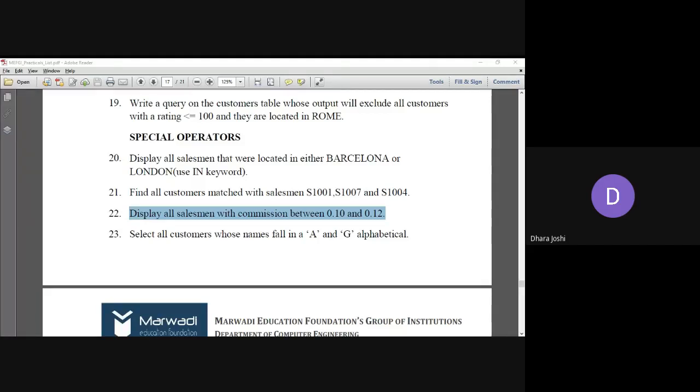This is just for your reference. Select star from salesman where commission between, then we give the lower limit, which is 0.10, and the upper limit, which is 0.12. You can do it in this way also.